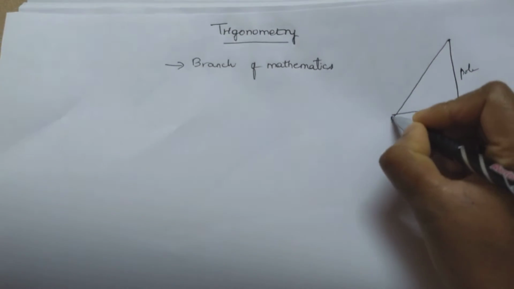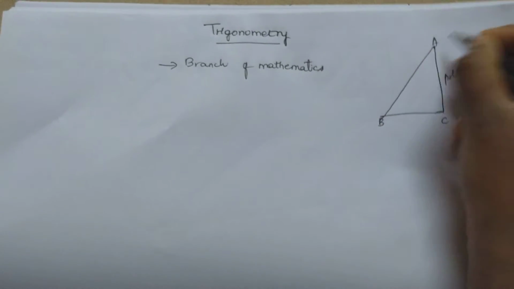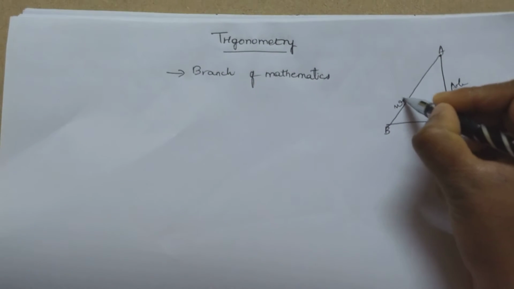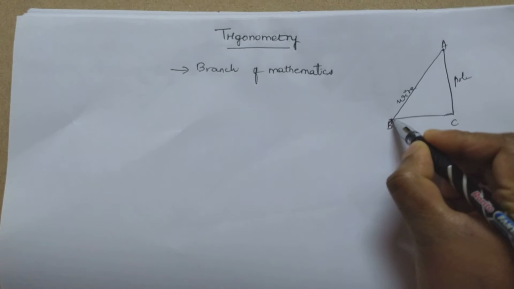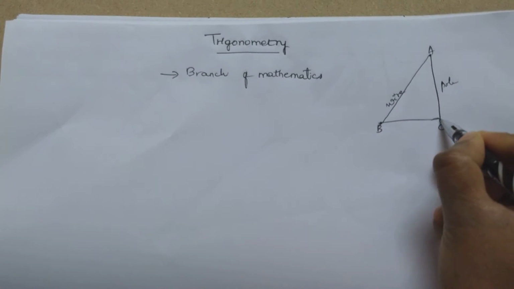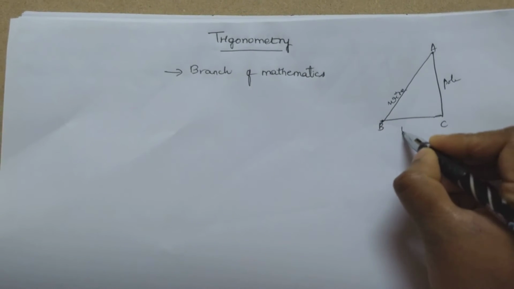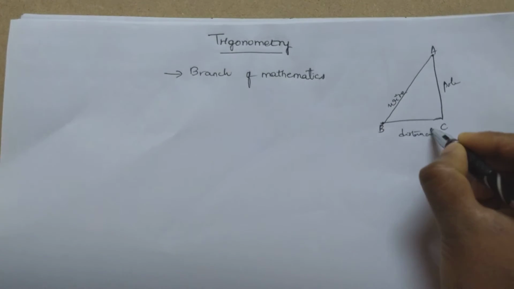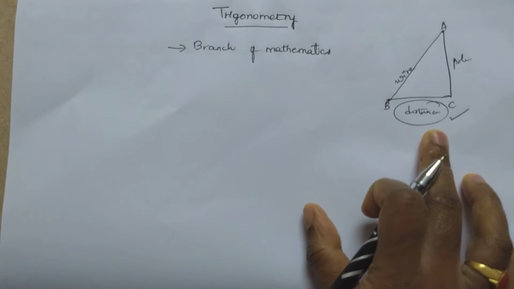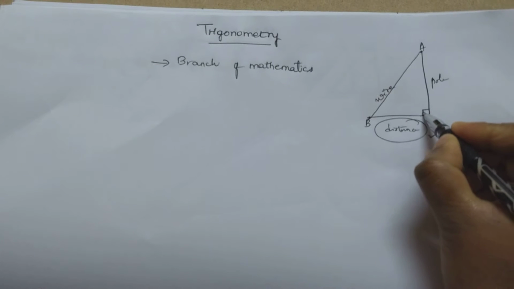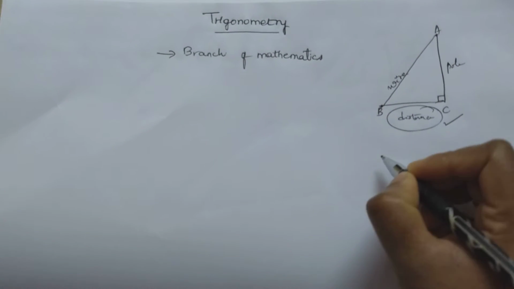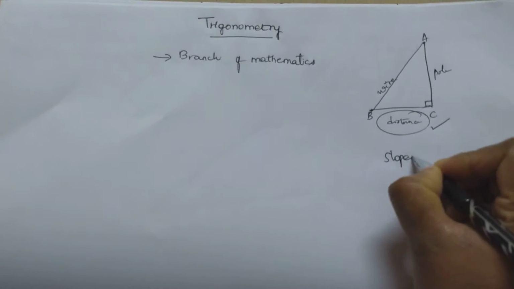yes, so when you consider this as ABC, AC is the height of the pole, which was given, and the length of the wire is also given. And when they asked us to find the distance between the other end of the wire and the base of the pole, we found out the distance using the Pythagoras theorem. Did you remember that?